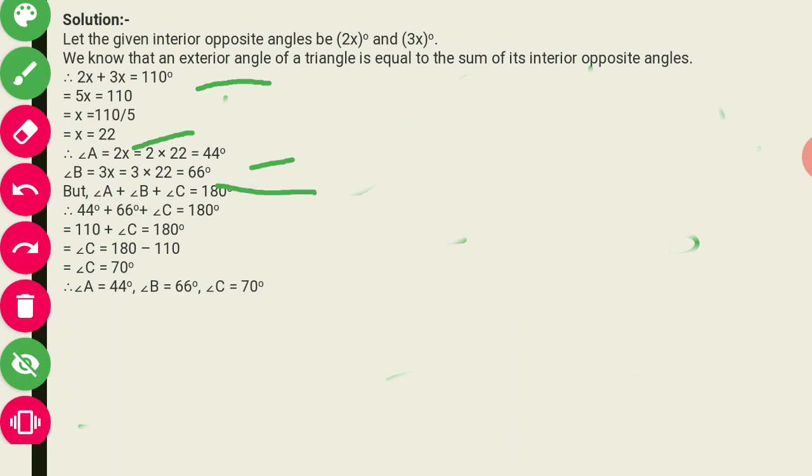Now you have got the values of angle A and B. Now you have to calculate angle C. For that we will use the angle sum property. Two angles you know, A and B. Find the sum of these both, and then subtract that from 180 degrees, and it will give you the final answer for the third angle. You will calculate like this. So angle C will be equal to 70 degrees. This way you have calculated angle A, angle B and angle C.